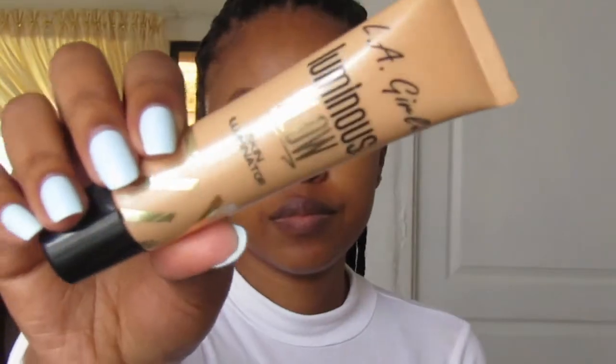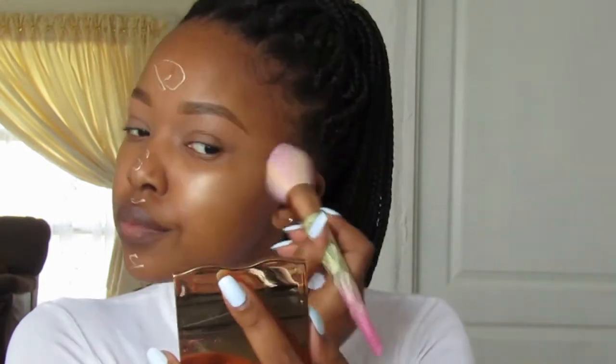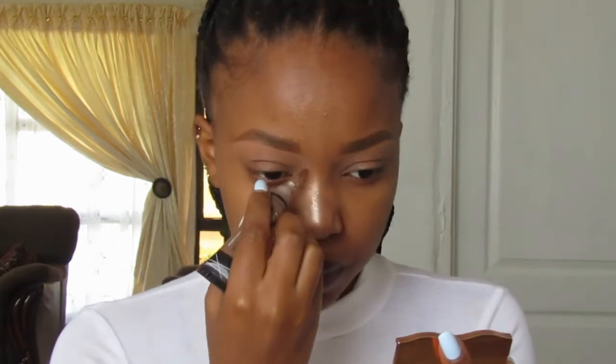To start off, I'm going to use my Maybelline Baby Skin Instant Pore Eraser Primer and apply it all over my face for that base. And then next I'm going to apply the Illegal Luminous Glow Skin Illuminator in the shade Afterglow, just to give myself that underlying glow. Then we're contouring with the Illegal Pro Concealer in the shade Beautiful Bronze, and I'm applying